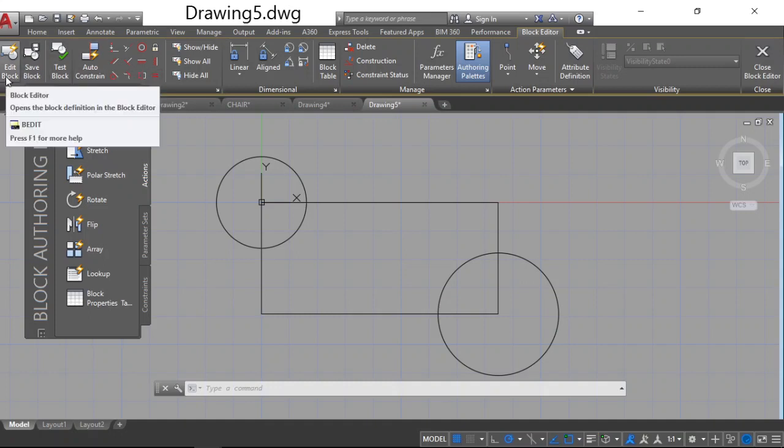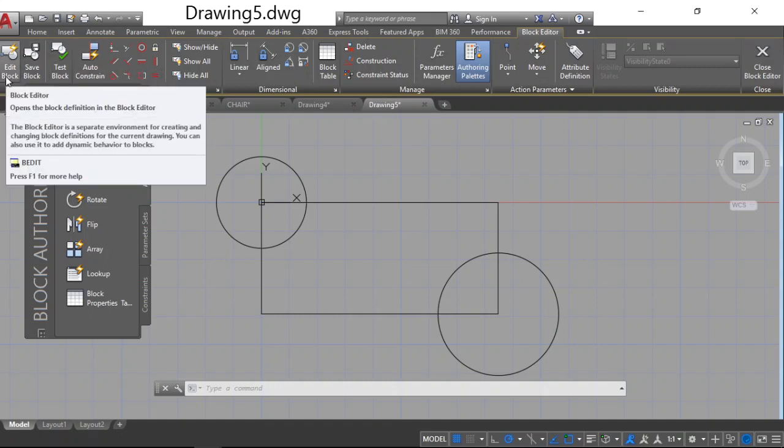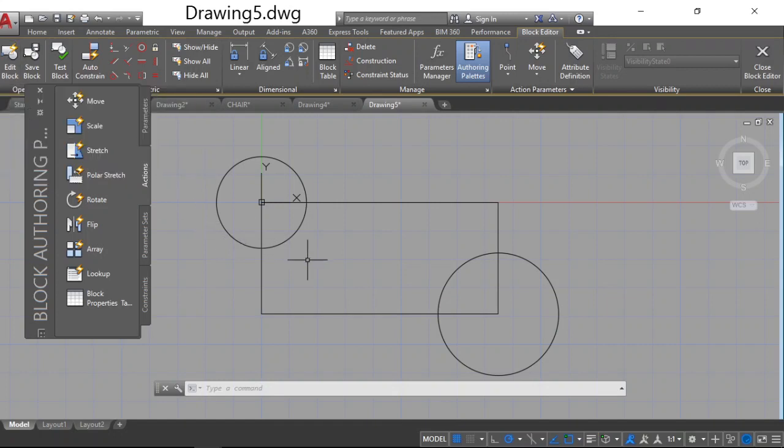Edit block. Generally, after creating any block, if you want to modify it, that is possible only with the help of the block editor. So whatever block you want to modify, just double click on that particular block, then the block editor window will open with several options: edit block, save block, test block, right?